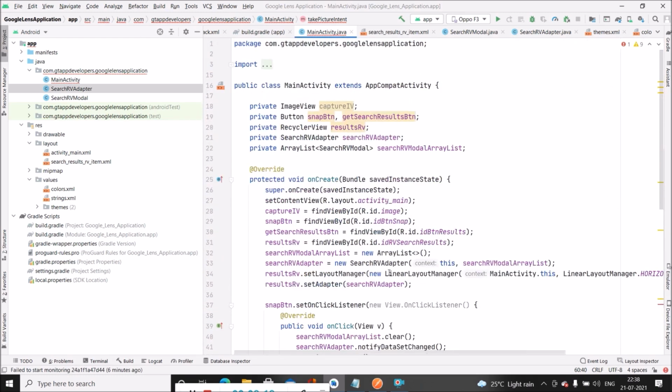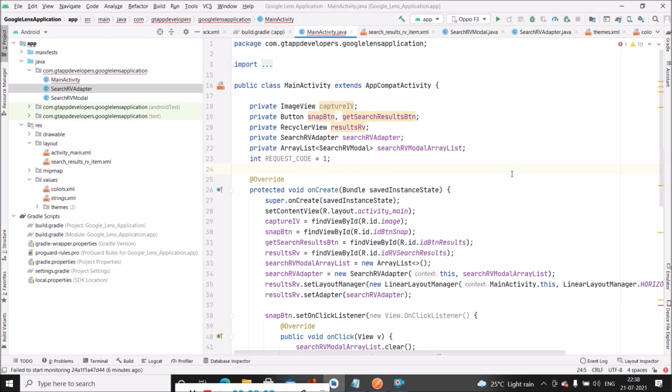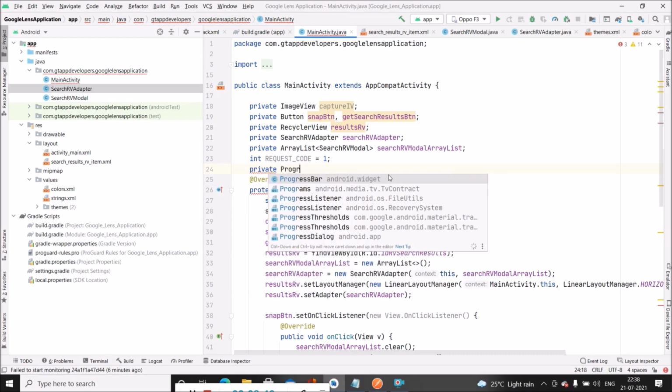And we will be creating one more variable for our request code, that will be our integer, so we'll be creating that variable as well. Along with that, we also have to create a variable for our progress bar.